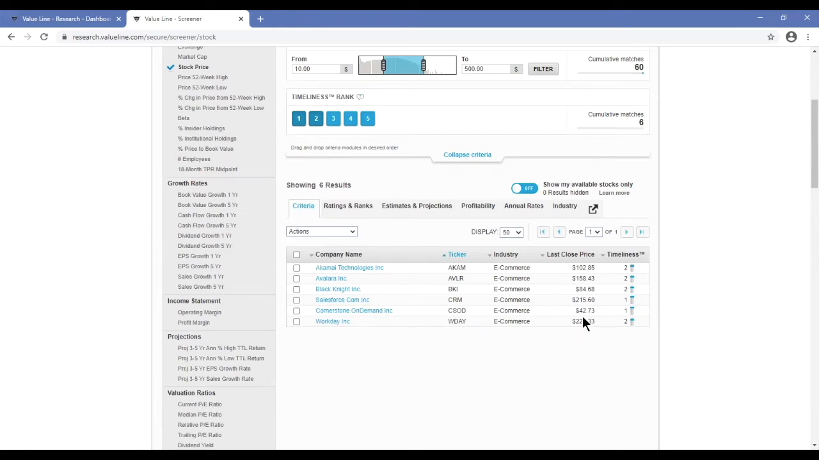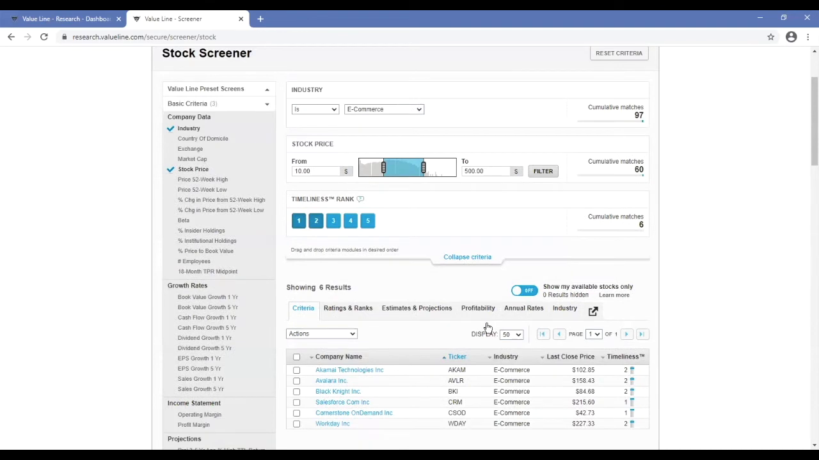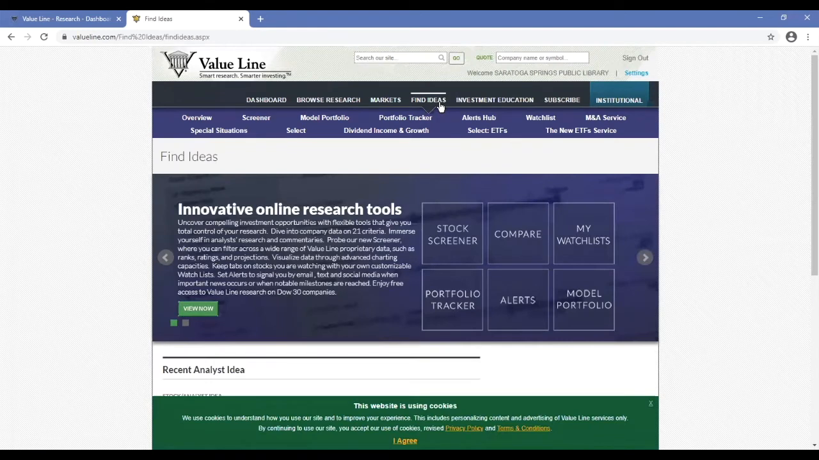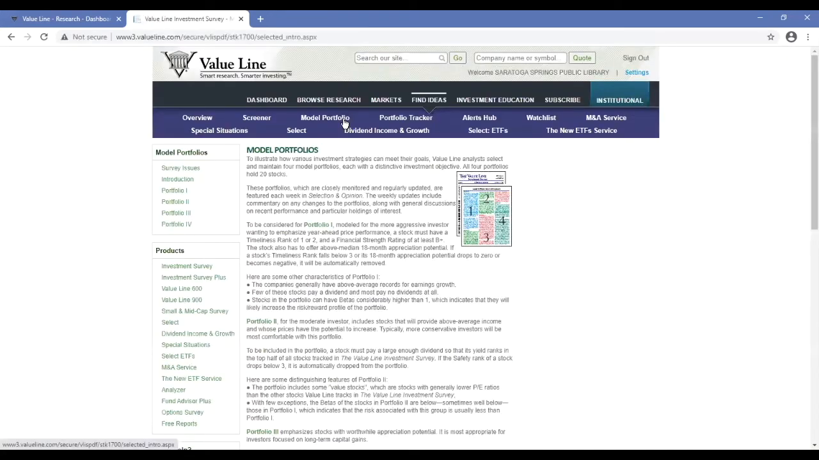Another potential source of ideas, let's go back to the top. We'll click back on Find Ideas. And next to where we clicked on Screener, you'll see the phrase Model Portfolio. All right, this is pretty cool. Value Line analysts have built and maintained 4 portfolios or groupings of stocks that demonstrate different investing styles or types